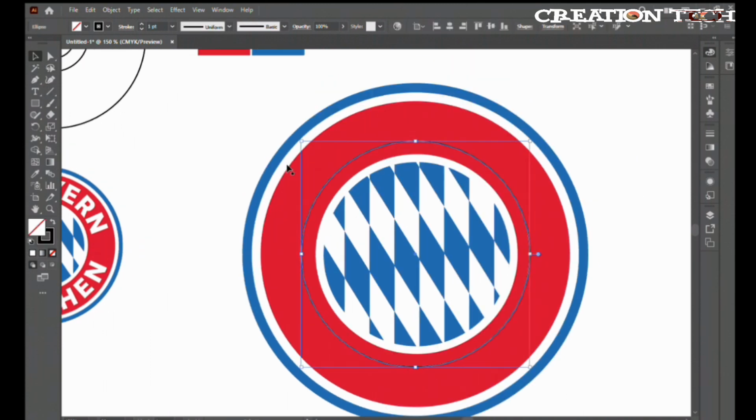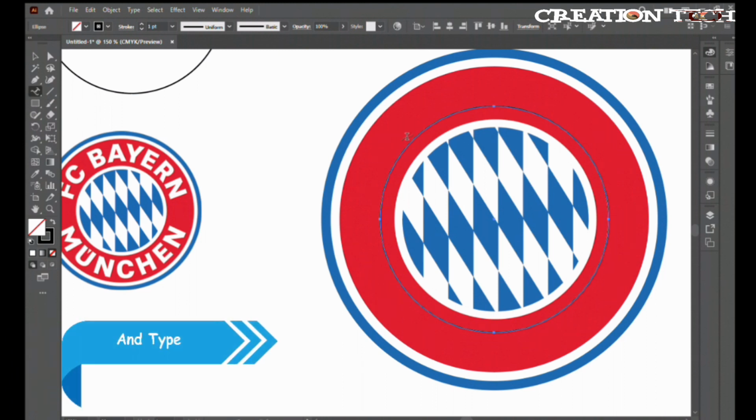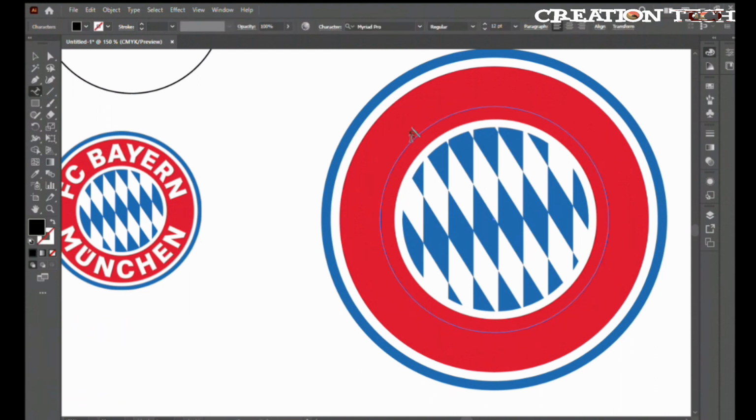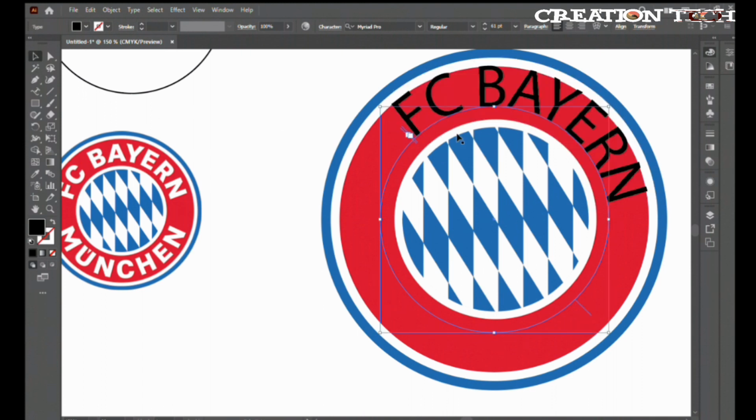Now, we will create a square and use the type on path on this square and adjust it very well, which will help you increase the efficiency as well as the adaptability of your work. For two writings, we will use two circles, one writing on the inner